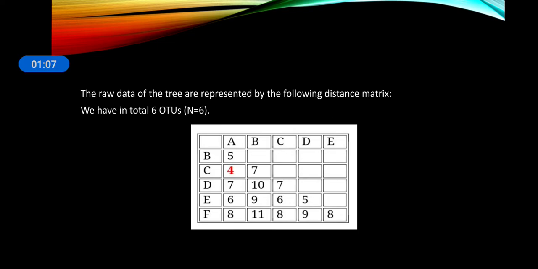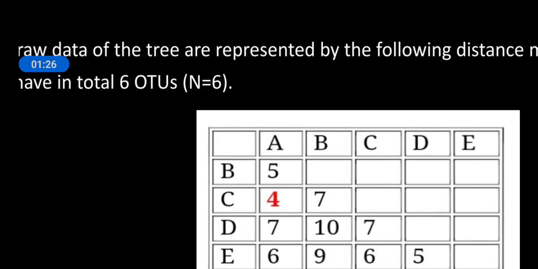You write all the outgroups in the vertical and horizontal way, A, B, C, D, E and F, and then you calculate the distance between each pair. In the first case, between A and B,